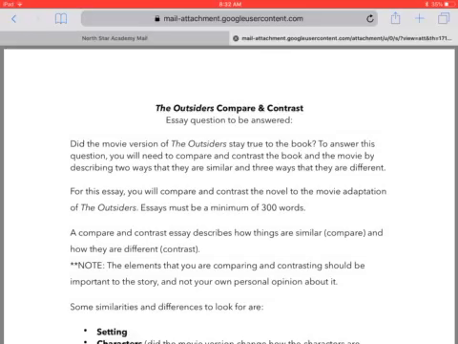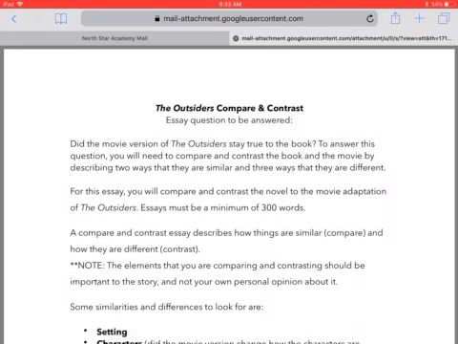It'll be due when we get back from the break on the Monday. Okay? On the Monday that we're back from break, we are also going to be reviewing the last Outsiders questions from the last chapters that we've read, and you're going to have a test that week on The Outsiders, so final test. For the essay, it's due the Monday that we're back from break. I will give you some time in class to finalize and review some of your essays with you, what's been done, and then you'll be able to submit that period. So it'll be like an editing/finalizing period, and then you'll be able to get those essays in.